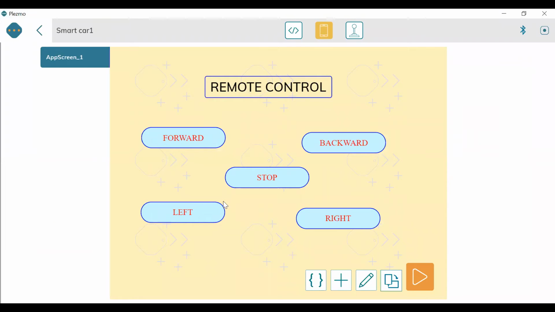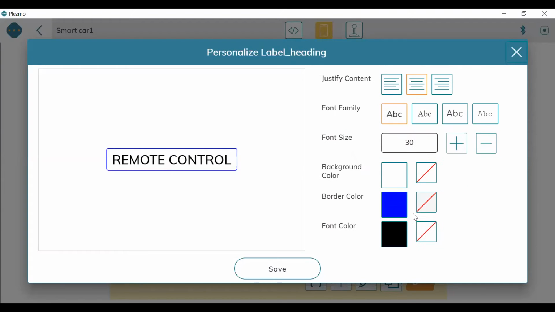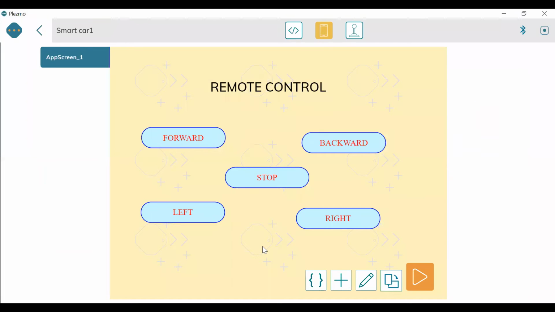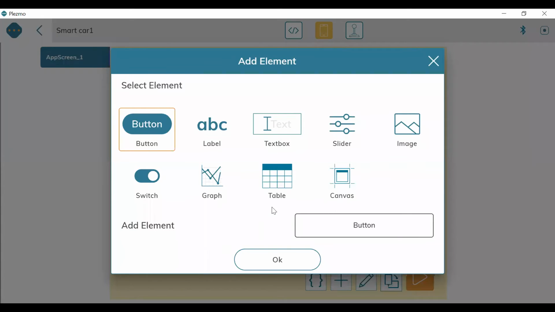Fine. So it's completely dependent upon you whether you use the border color or not. If, for example, I go here, I can edit that I don't want any border color. So I will remove the border color and again it will come only as a heading, that is remote control. Fine. Let us explore now one more feature. We will go to image.